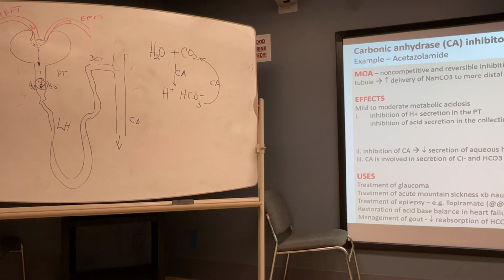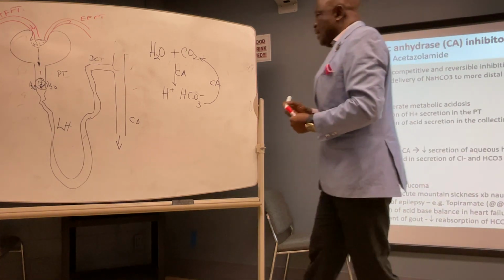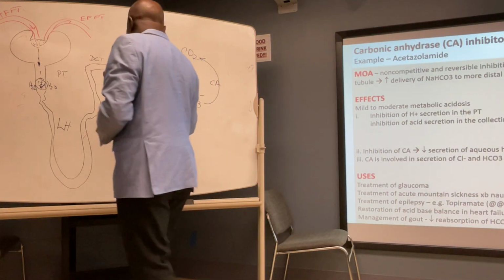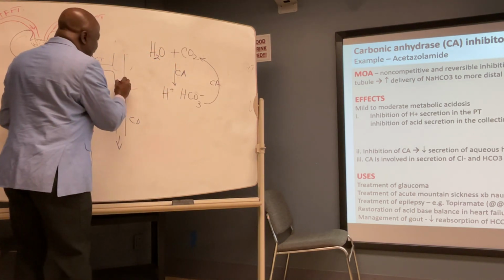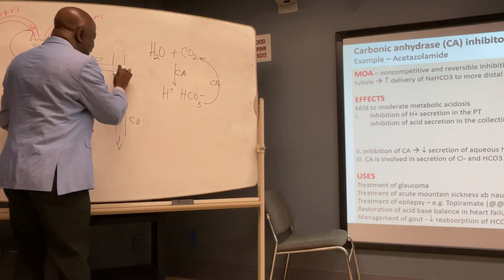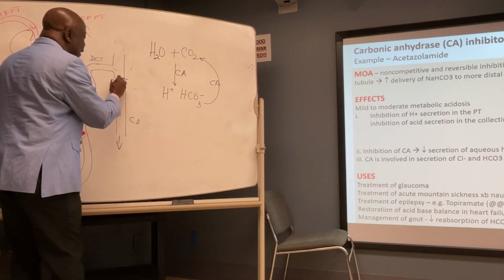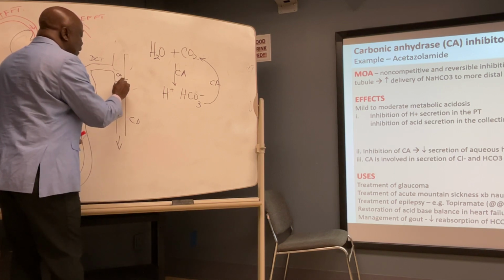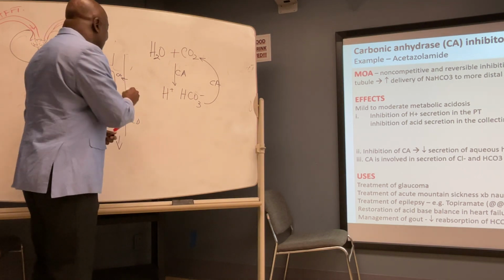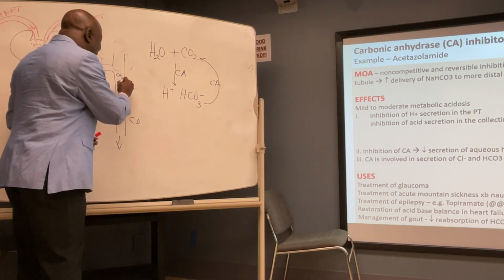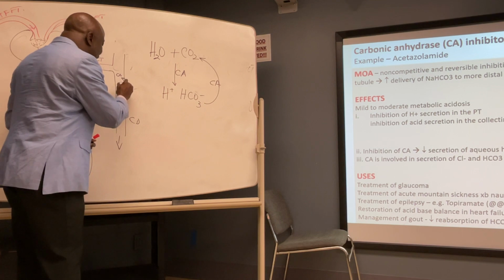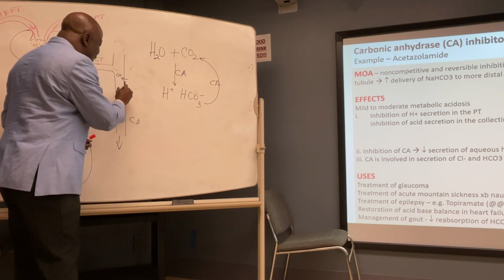So there are two types of carbonic anhydrase. There is one inside the lumen. Okay, so this is the lumen of the nephron. There's one right inside the lumen, and there's another one right inside the cell itself, inside the cell of the